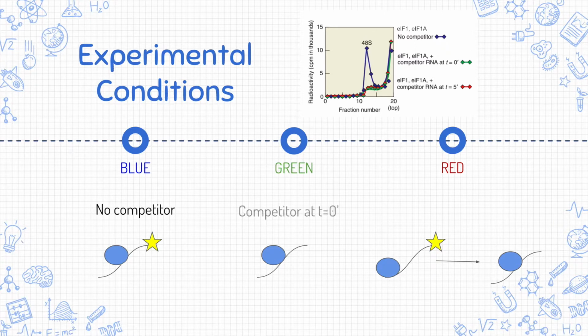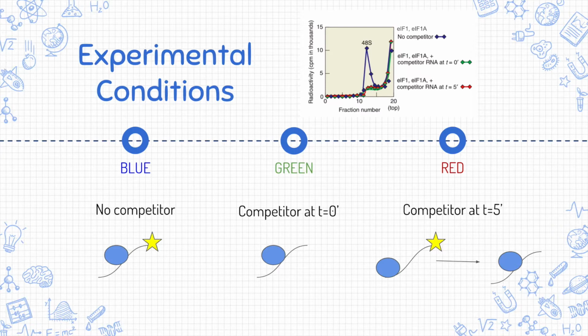The next condition, shown by the green line, added eIF1, eIF1a, and competitor at time 0, along with the other factors. For this condition, no visible complex is seen because complex 2 formed on cold mRNA. The last condition, shown by the red line, included all of the factors to form complex 1, incubated the factors for 5 minutes, and then added eIF1 and eIF1a and competitor. For this condition, complex 1 was formed first on hot mRNA, but then there was a shift to complex 2,